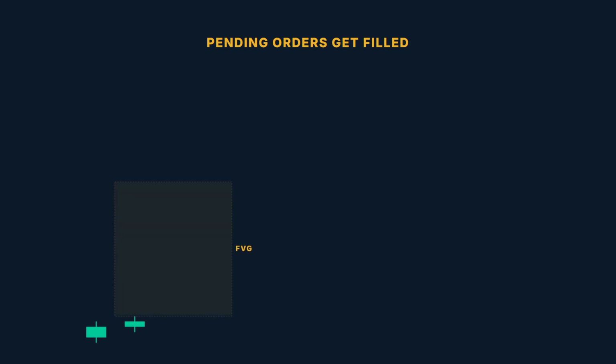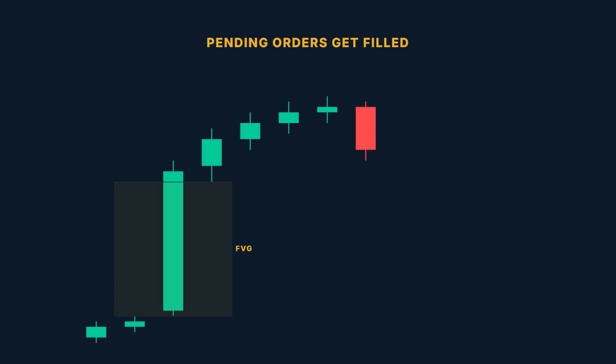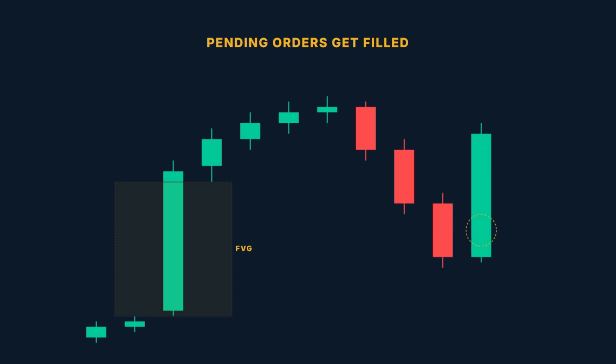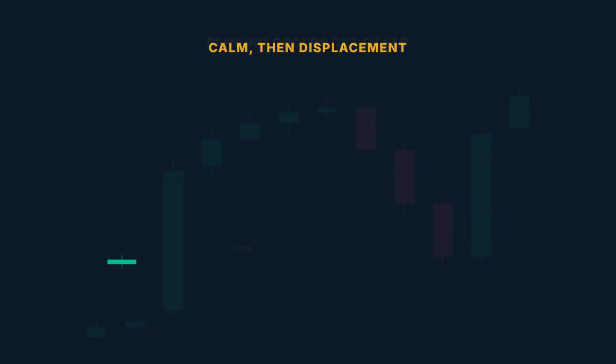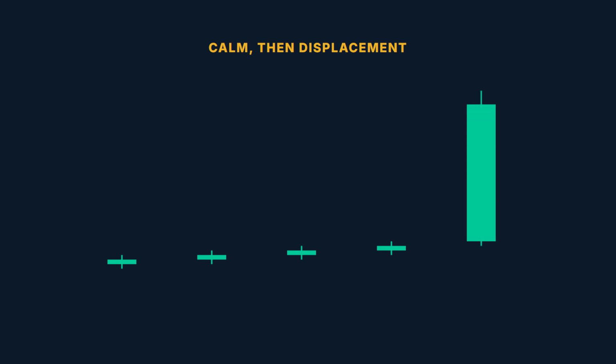Why does that matter? The market tends to return to fill those zones. Not always, and not necessarily all the way through, but there is an attraction of price back toward them because that is where the institutional orders that started the move need to be completed. When an institution enters a large buy order and creates an impulsive move upward, some of those orders were not filled at the ideal price. So when price returns to that zone, those pending orders get filled, and that is where the market finds genuine